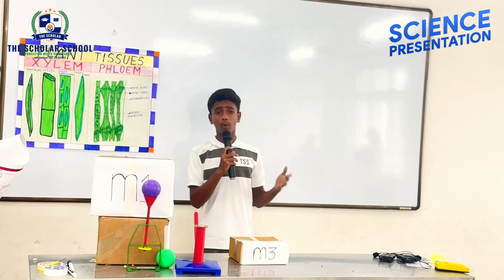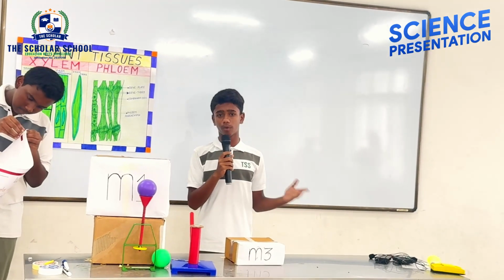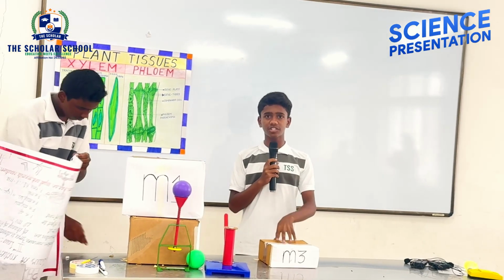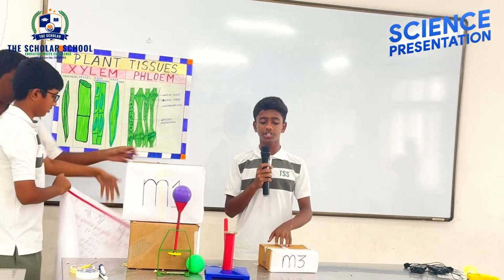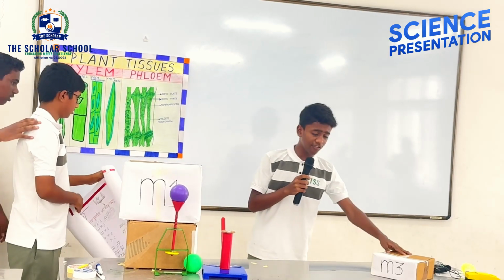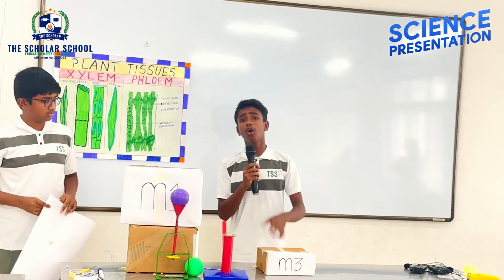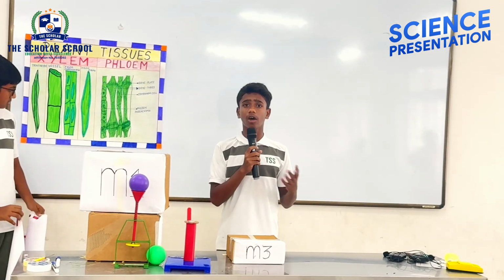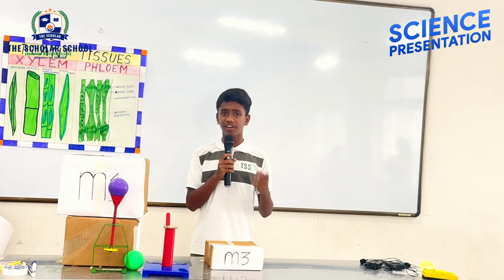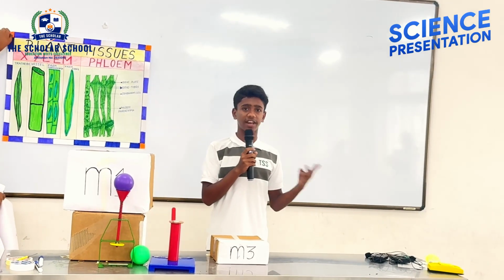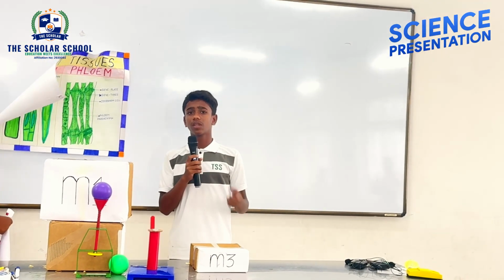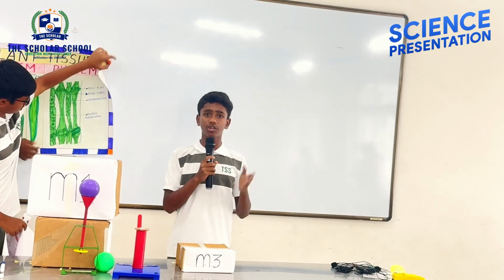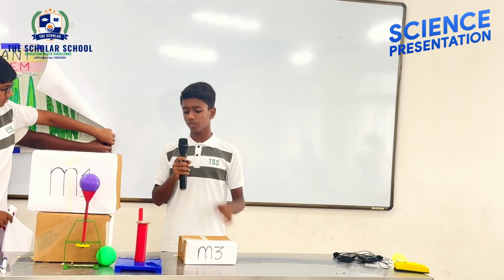Now I am going to explain about the first law of motion, which states that an object at rest or in motion remains at rest or in motion unless an external force is applied to it. The law of inertia is also known as Newton's first law of motion. Now there are three types of inertia: inertia of rest, inertia of motion, and inertia of direction. Inertia of rest: the tendency of a body to oppose a change in its state of rest to motion is called inertia of rest. For example,